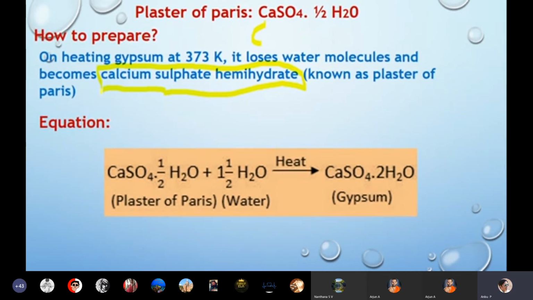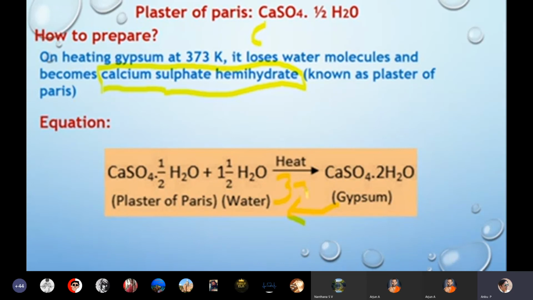So plaster of Paris, calcium sulfate hemihydrate, that is a chemical salt. How is it obtained? From gypsum, CaSO4. This reaction is also reversible. Please understand, I am writing in this way. So what is the equation given for gypsum? CaSO4, when it gets heated up to 373 Kelvin temperature, approximately 100 degrees Celsius,